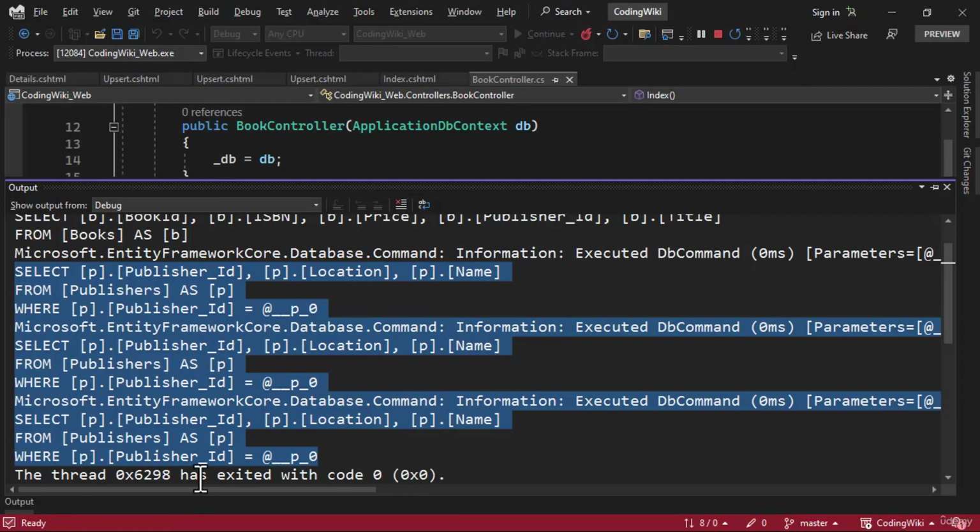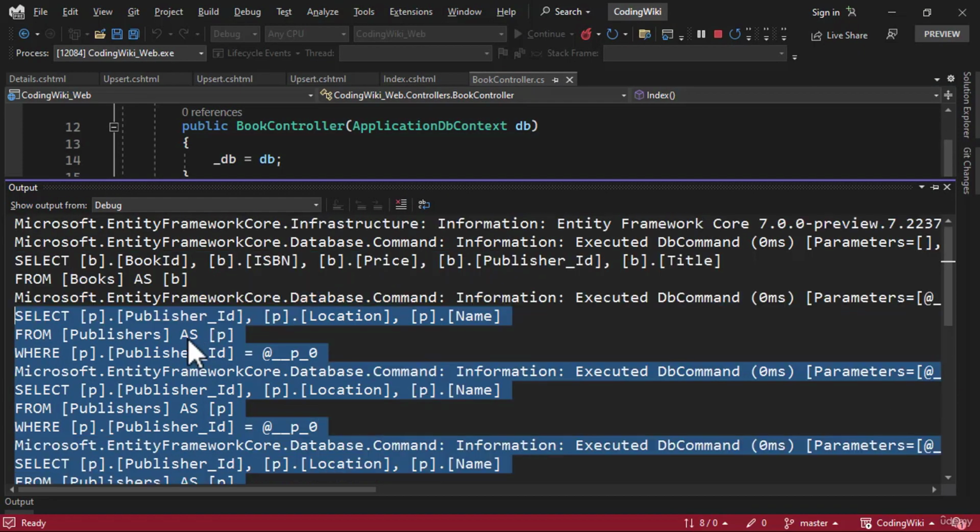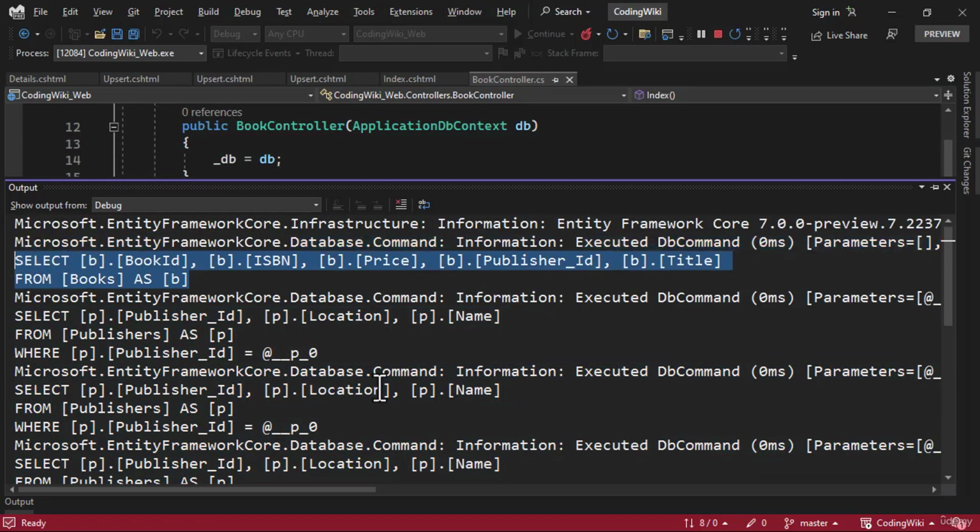If we had 10 publishers in there, it would have executed 10 times plus 1 to retrieve all the books here. So this is what we call n+1 execution, and it depends on how many distinct publisher calls we have, and +1 to load all the books there. So that is not efficient. Most efficient will be to handle all of them in a single call, and that could be done with the